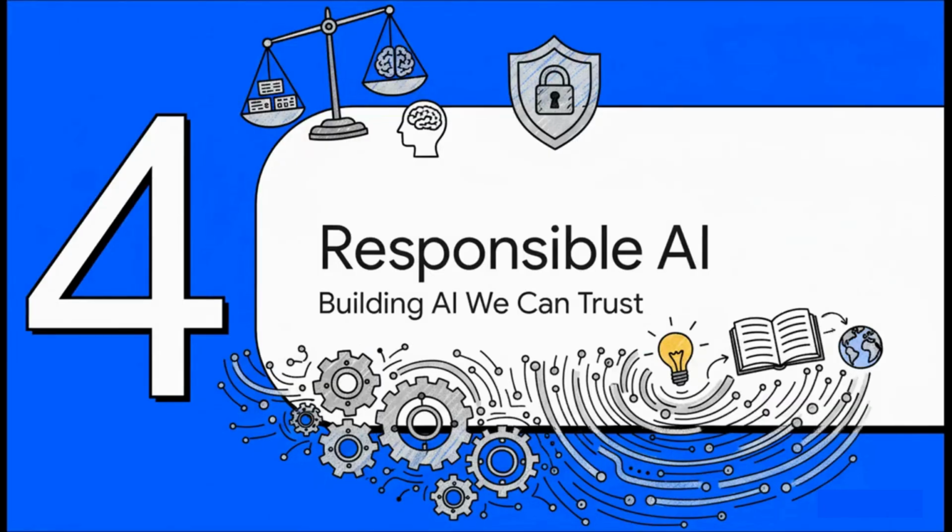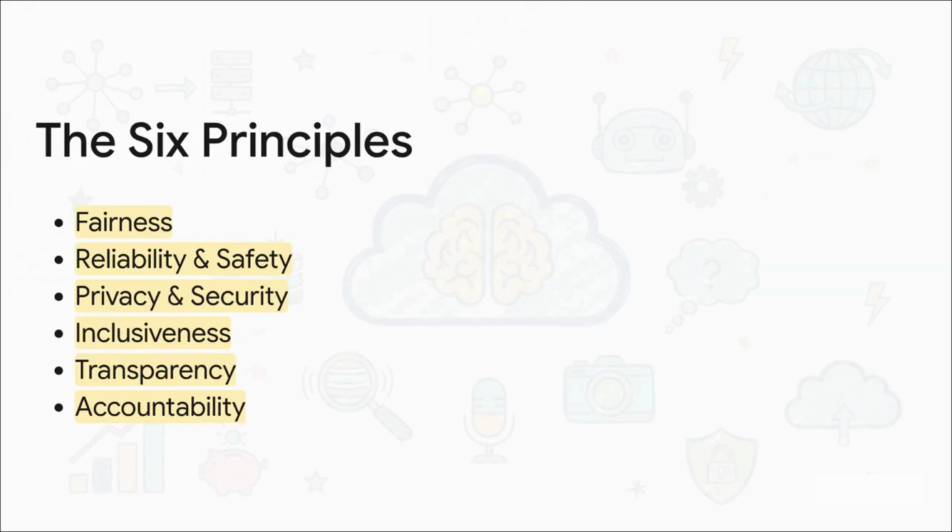Okay, as you can imagine, with this kind of power comes a whole lot of responsibility. And that brings us to a super important topic, both for the exam and for the real world: responsible AI. We have to be able to trust the systems we're building. Microsoft has laid out 6 core principles that should guide every single AI project. They are fairness, reliability and safety, privacy and security, inclusiveness, transparency, and accountability. The whole point of these is to make sure we're building AI that's ethical, that we're minimizing risks, and that we're building systems people can actually trust.